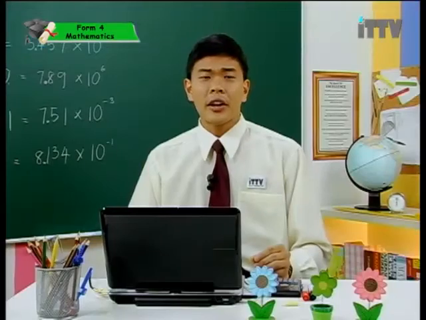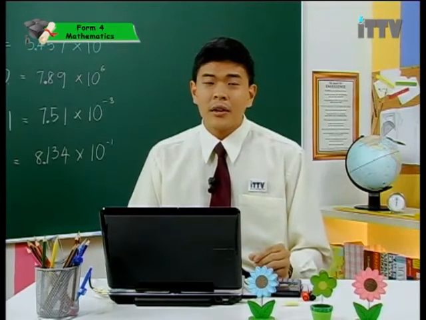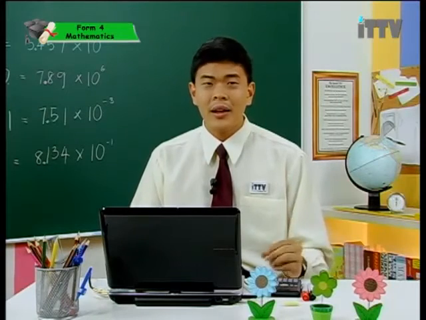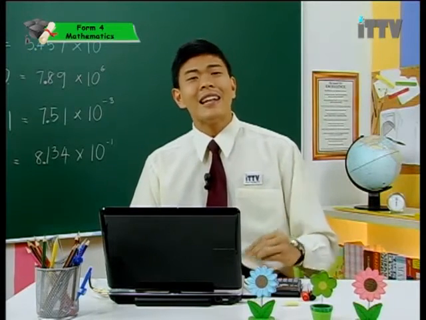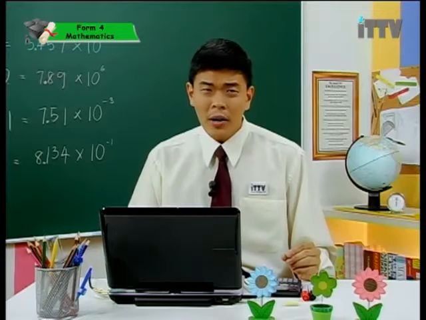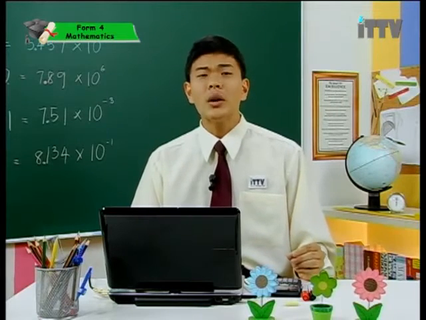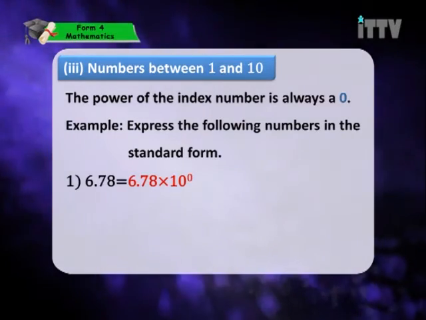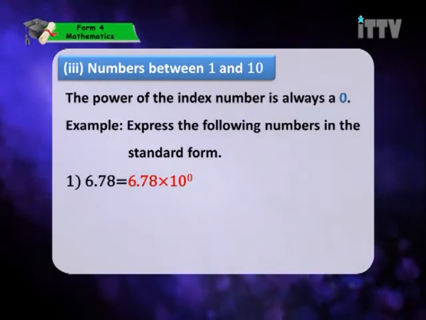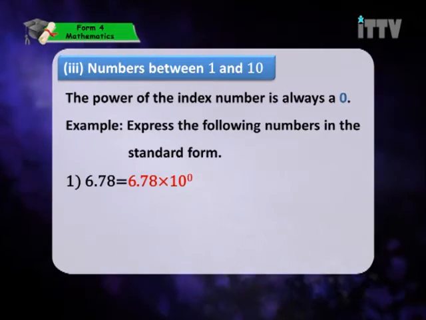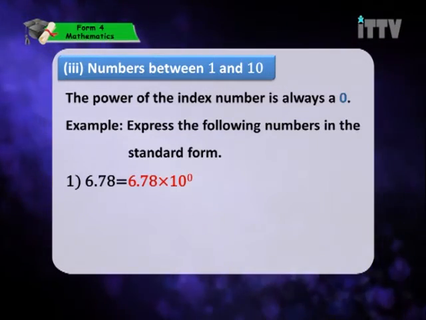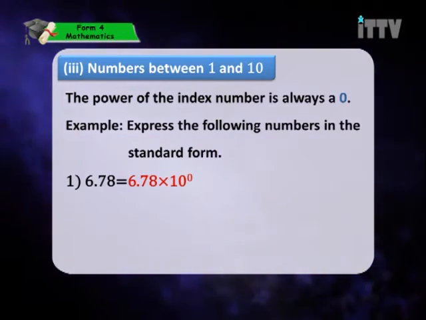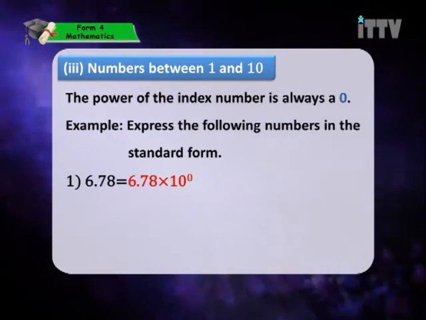Alright, so now we have covered 2 kinds of number, which is the first one, numbers greater than 1. Second type, numbers less than 1. What about numbers between 1 and 10? The power of the index number is always a 0. For example, express the following numbers in the standard form. Alright, number 1,